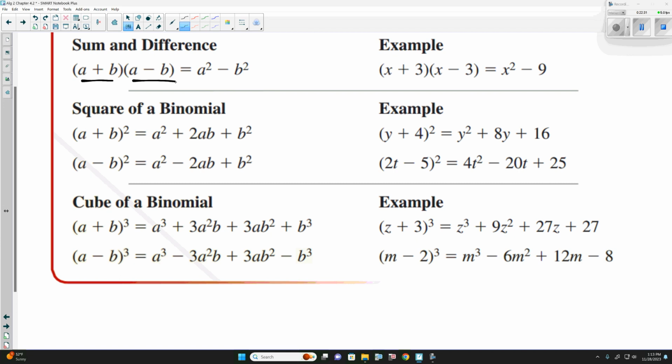Because here, we're saying that x plus 3, x minus 3. Well, x squared minus 9 is a difference of perfect squares, so it factors x plus 3, x minus 3. There's nothing saying that we can't go the other way around. X plus 3 times x minus 3. Square the first term, square the second, and we get our terms. We haven't really talked about the cubes of a binomial or too much of squares of binomials, but those are